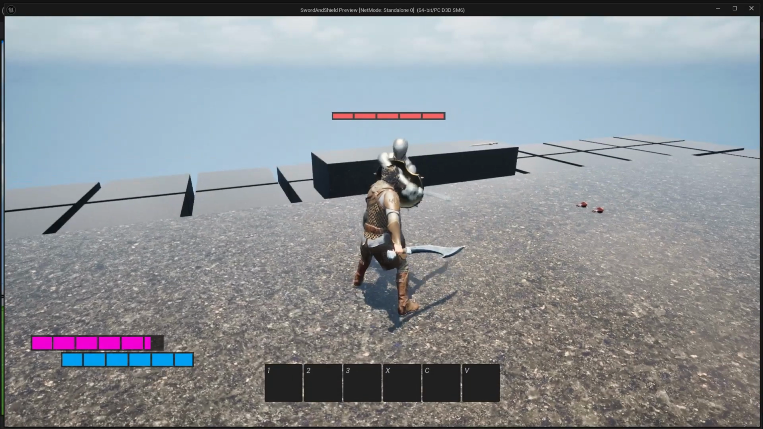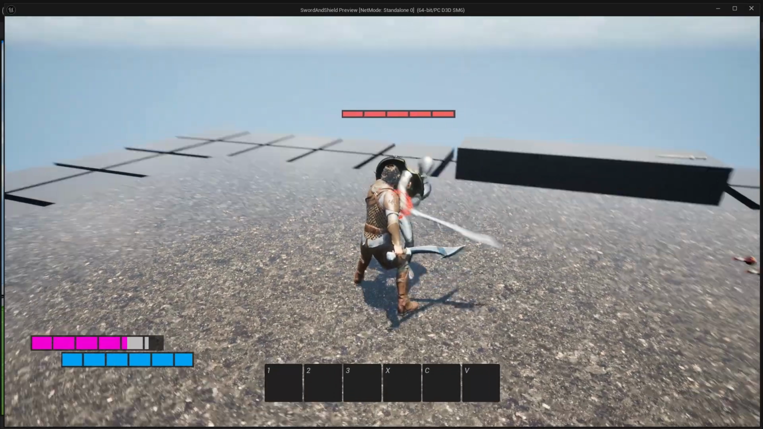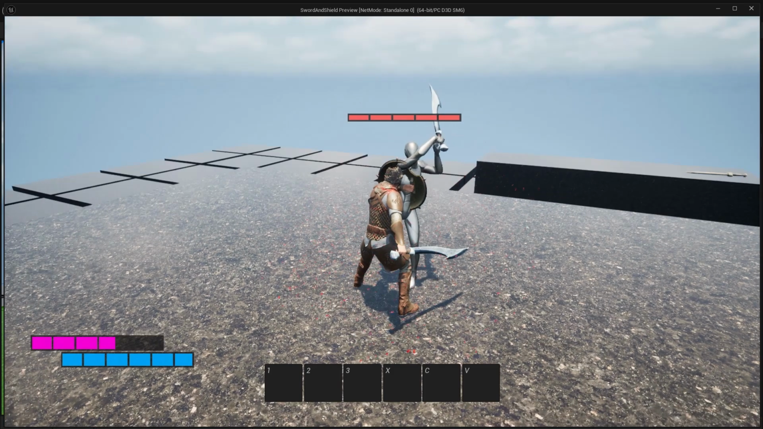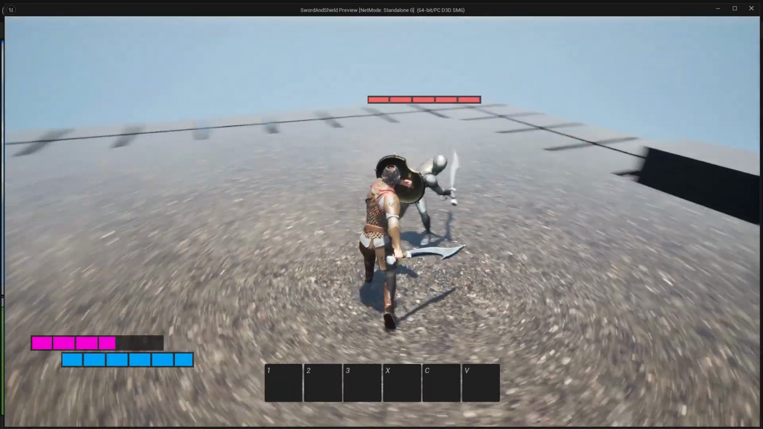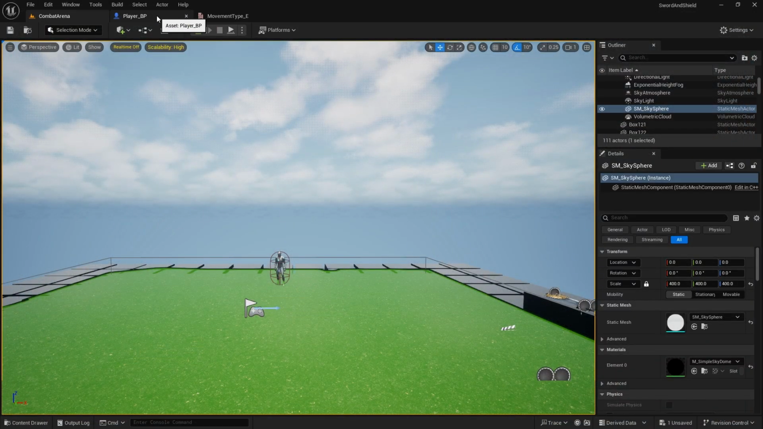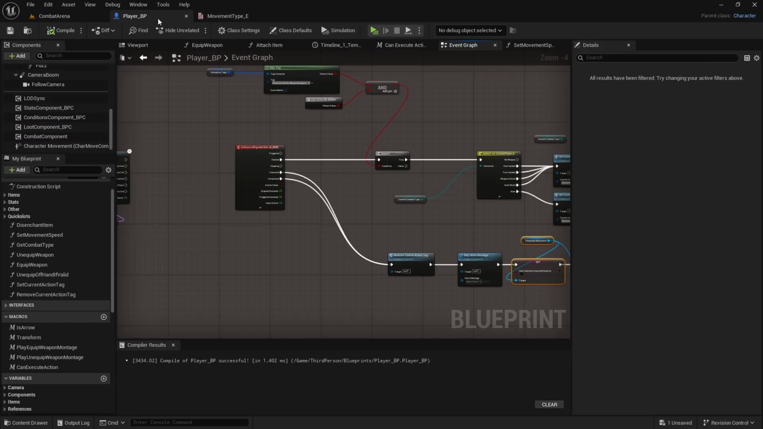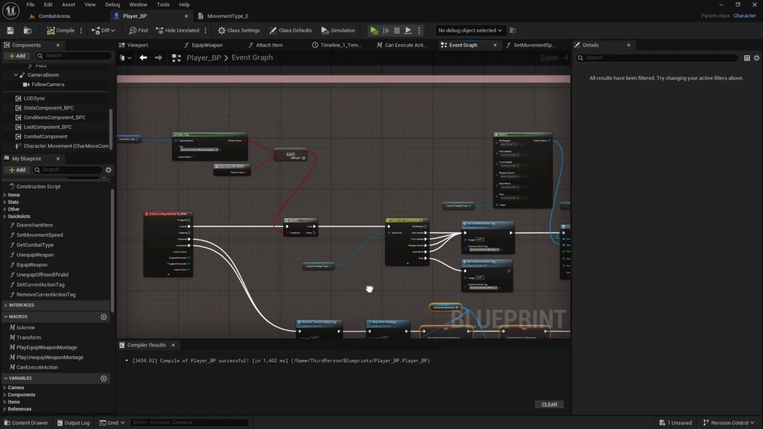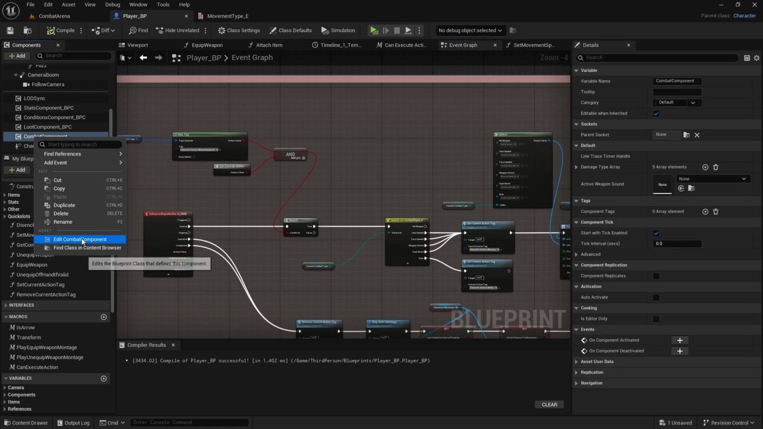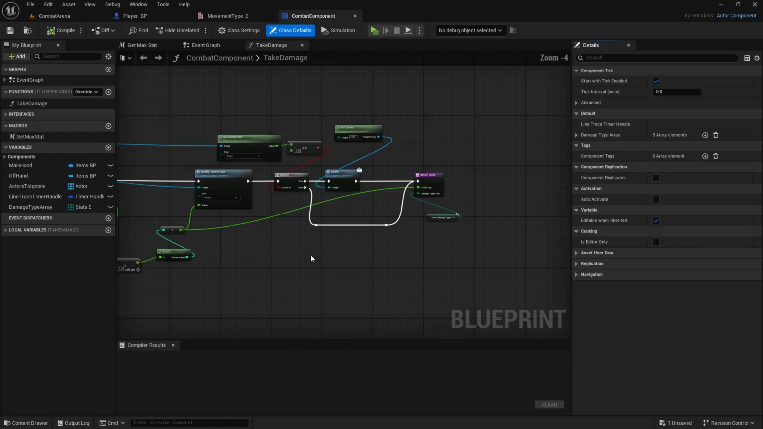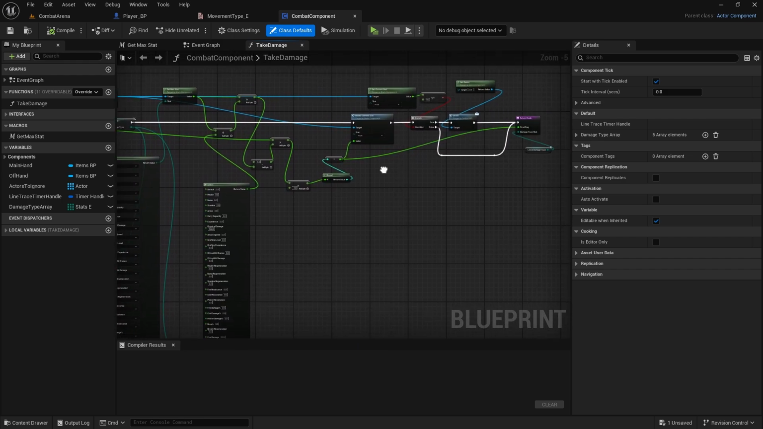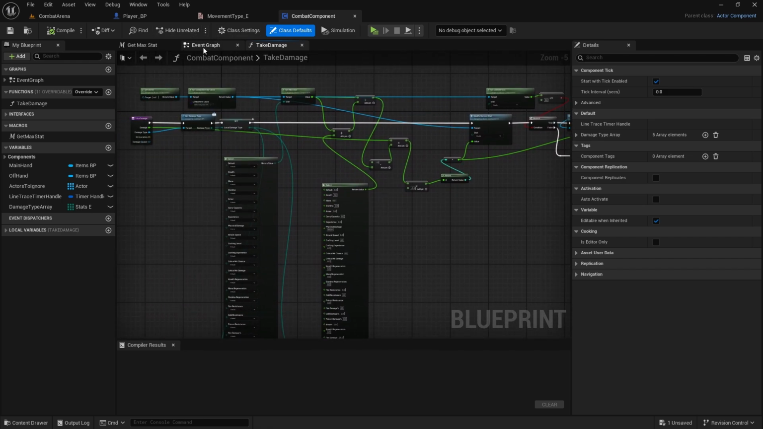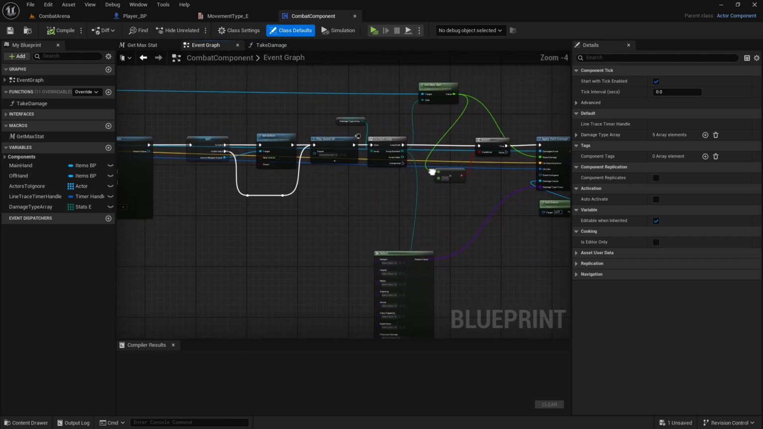Okay, so now we want to actually set up this interaction so we won't be able to get damaged while we're blocking. So let's go to player. We will have to set it up in combat components. So right click on a combat component, edit combat component, and here we need to change quite a few things actually. So first, in the event graph,